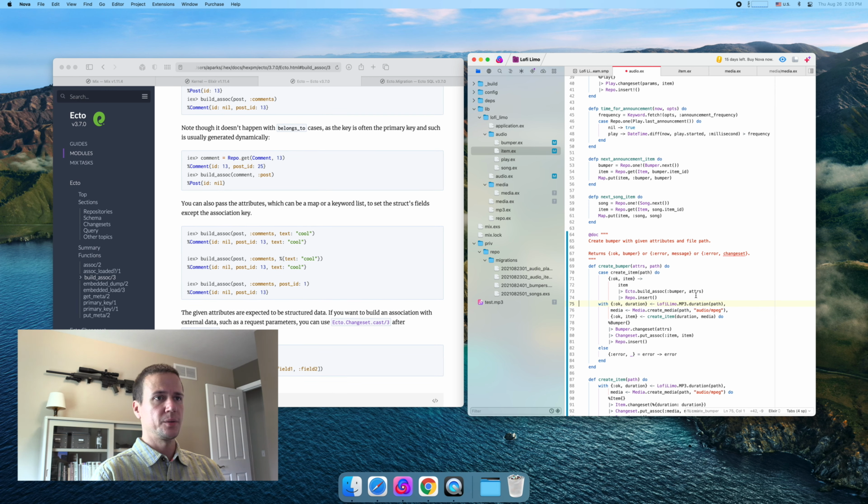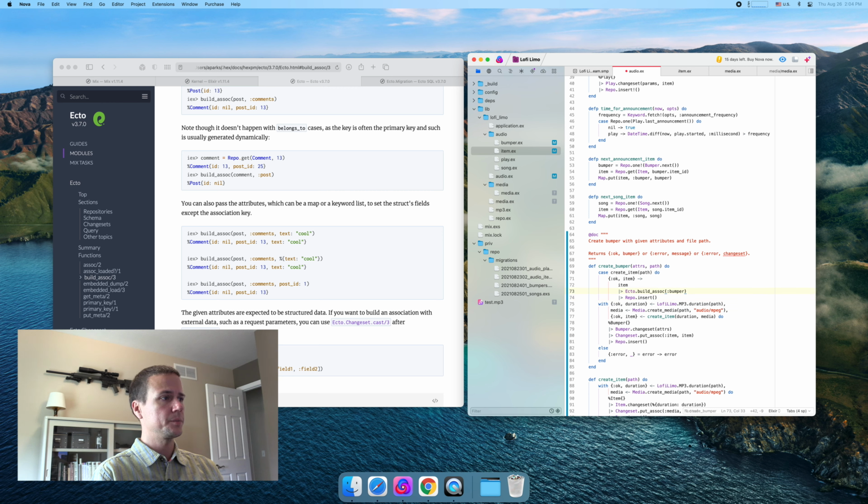Okay, yeah, so we don't want to pass those right here. Then we would want to do a change set cast and all of that. So that's okay, but I'd just as soon use the change set function and everything that we've already built. And if we want to do validation and that, then